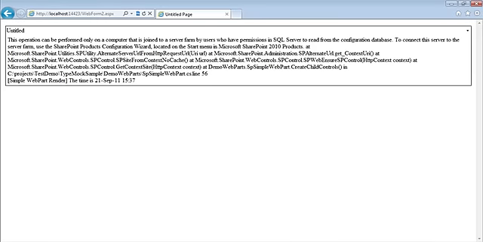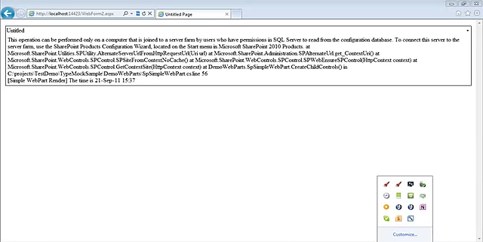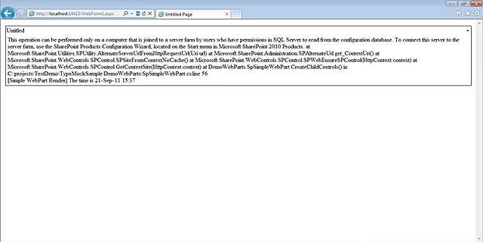Now, what I will point out is I'm running on a 64-bit box here, and Cassini is by default 32-bit. Some of the techniques I'm talking about here do get a bit confused between 32 and 64-bit, and you really do need a 64-bit web server. There's a link at the end of this session that goes to a blog post that explains everything about that and how you can make Cassini run in 64-bit as opposed to 32-bit, and then all of your problems go away. But the main point is here, I've loaded my web part, and it's come up and it's giving me